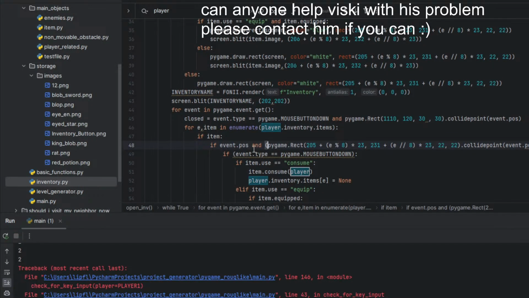Still, this won't work. Of course it will crash when, yeah.